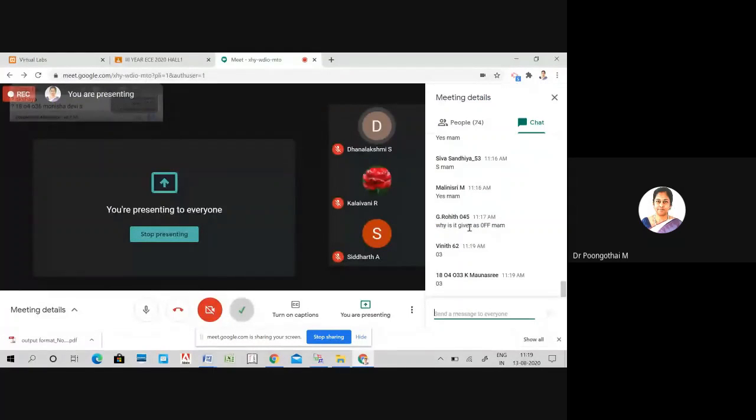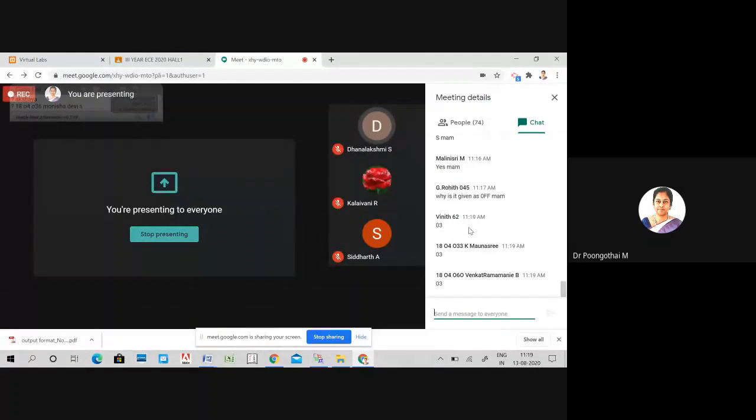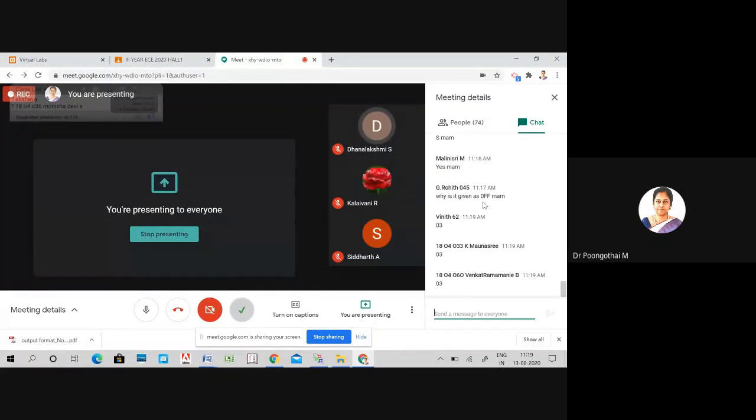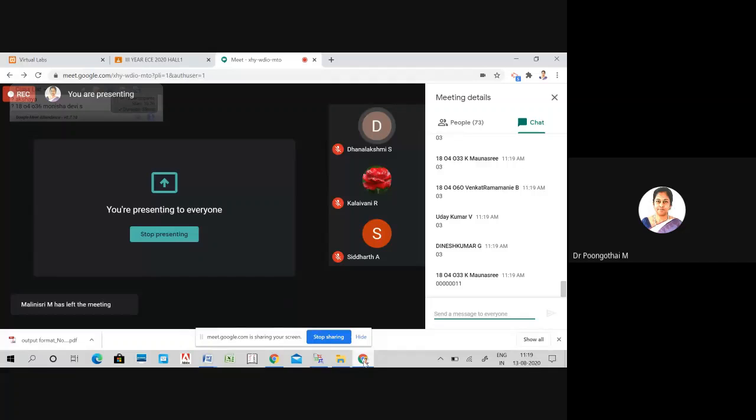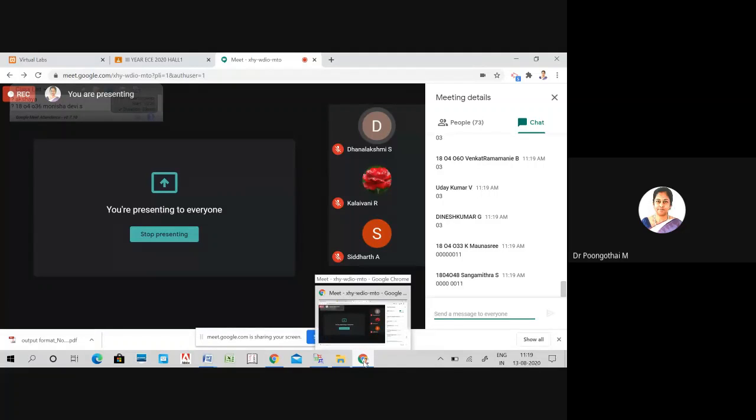So your simulator will accept 0. If the number is a single-digit, we have to give 0 before that number. What is the answer? 03. So what is the original answer for subtracting FF minus 02?